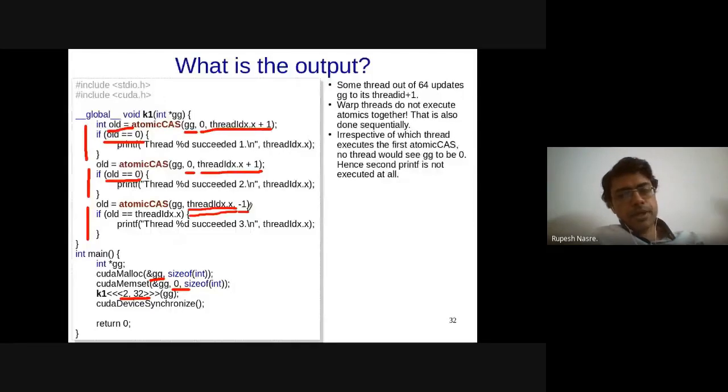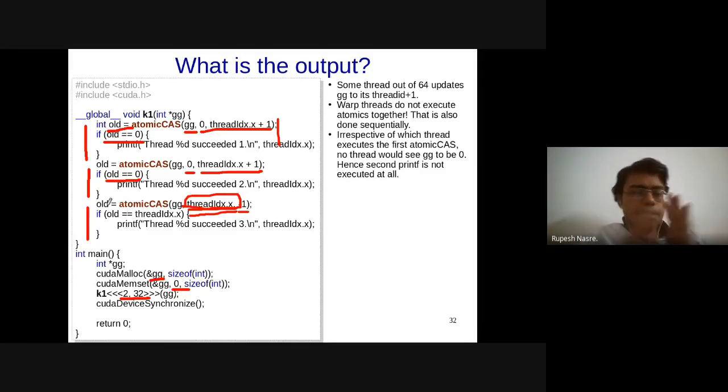So this particular previous one is going to be true only for 0 to 30 threads, because if it was thread number 31 which executed this, then it would set the GG value to be 32, and there is no thread ID with 32, and therefore there is a possibility that none of the threads will see the value of GG to be 32, right? And therefore none of those will successfully execute atomic cache, right?